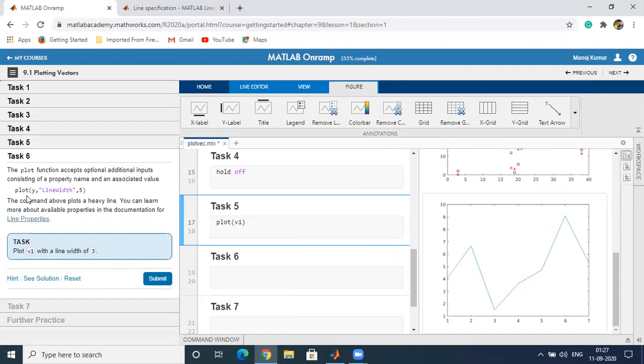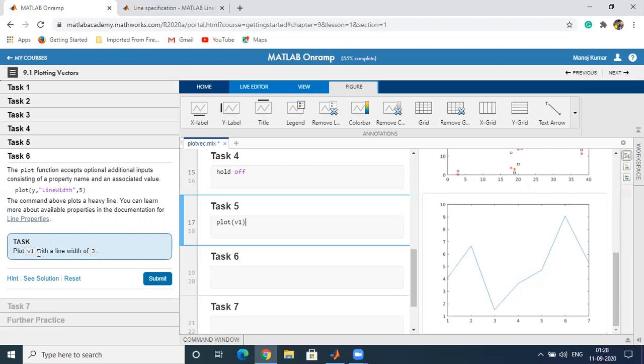We can also specify the line width, line specification, red color, line size, line style. The plot function accepts additional inputs consisting of a property name and associated value. For example, plot y comma LineWidth comma 5, then the line width will increase to 5.